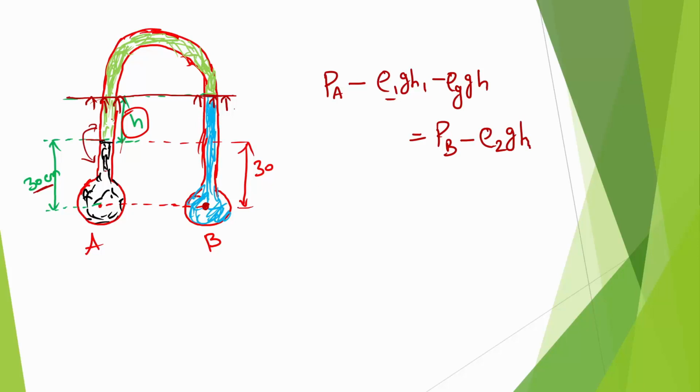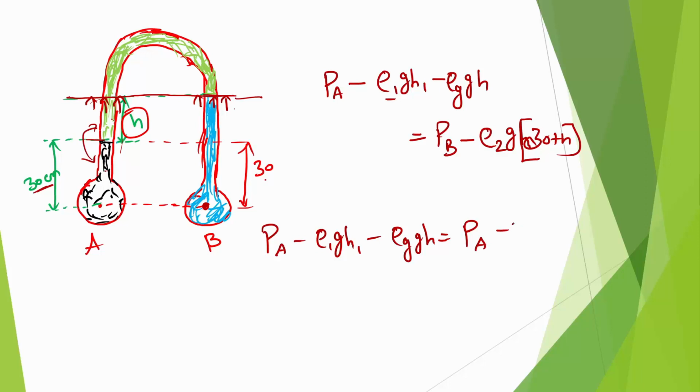That is my h2, which is technically 30 plus h. So I can directly substitute that as 30 plus h. That is my total height of the fluid column, which is 30 plus h. So now I have to equate these two. Equating these two, PA minus rho 1 g h1 minus rho G g h is equal to PB minus rho 2 g into 30 plus h. This is my left hand side limb, this is my right hand side limb. Now since PA equals PB,